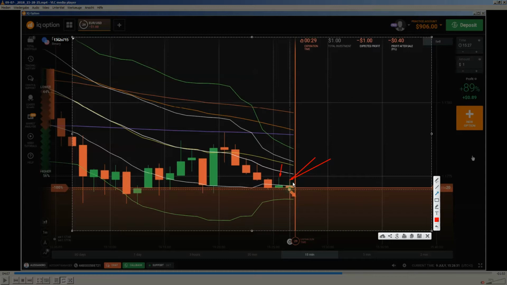Or if you are in an uptrend, that the uptrend will continue. Important to get the confirmation is that this running candle breaks through the opening price or the closing price of the previous candle. This is one of the most important things to understand. If this running candle has an upper shadow or a lower shadow, depending on the trend, yes. In a downtrend, it's an upper shadow. In an uptrend, it's a lower shadow, yes. And if you broke the opening price or the closing price of the previous candle, you can almost expect that the trend will continue and that the previous candle was only a retracement.